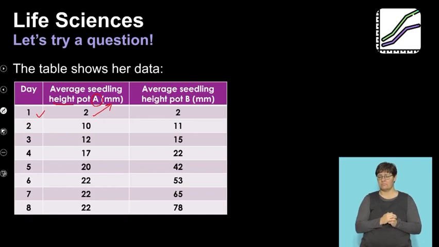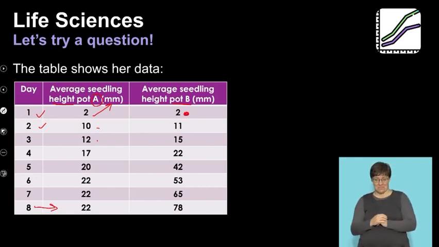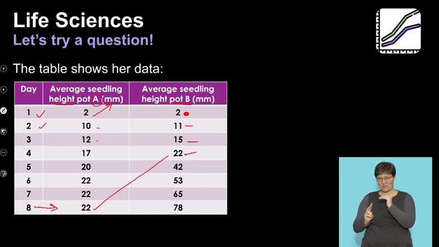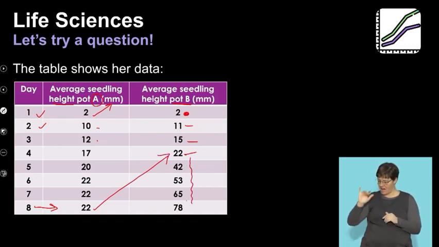In that pot, in day 2, they had grown to 10 millimeters, 12, all the way up to 22 millimeters on day 8. In the meantime, what was happening in pot B? Well, also starting at 2 millimeters, for the first day, 11, 15, 22, just have a look at that interesting point, all the way up to